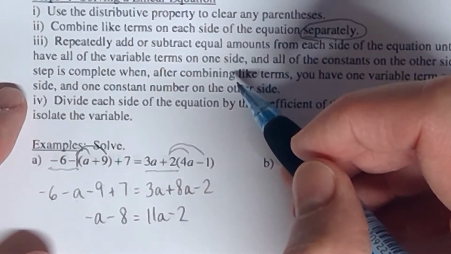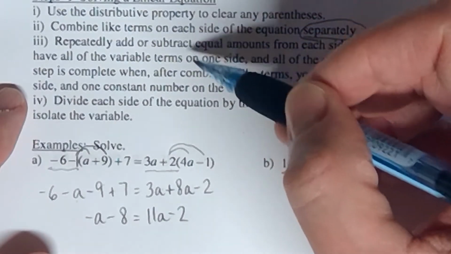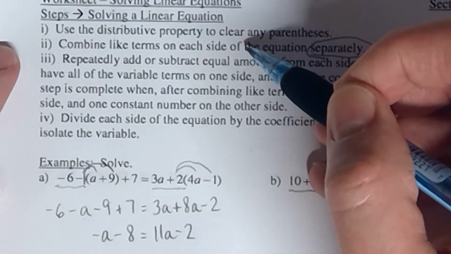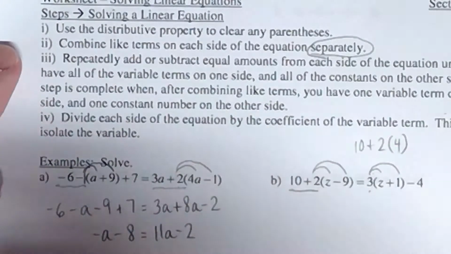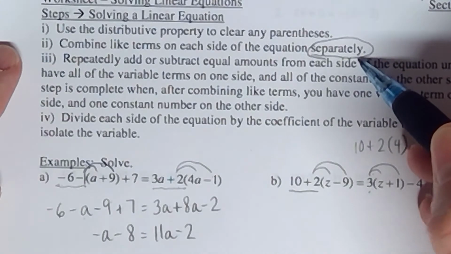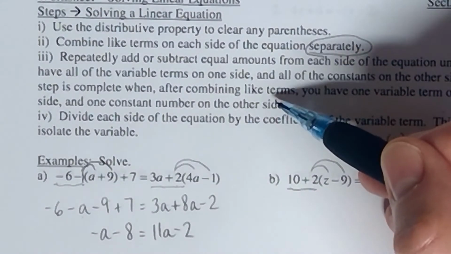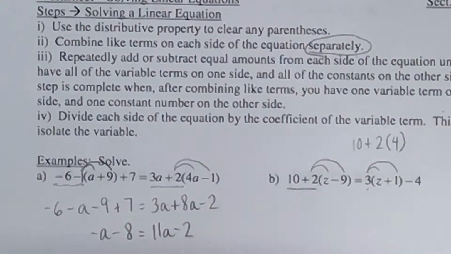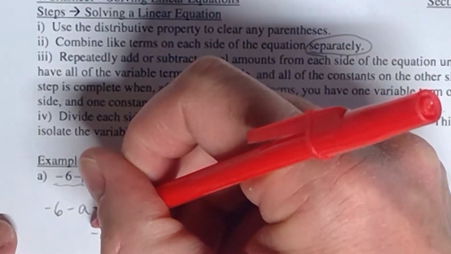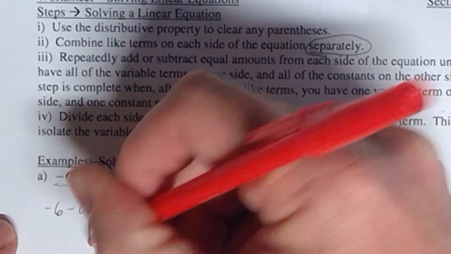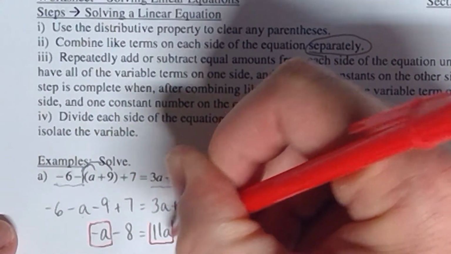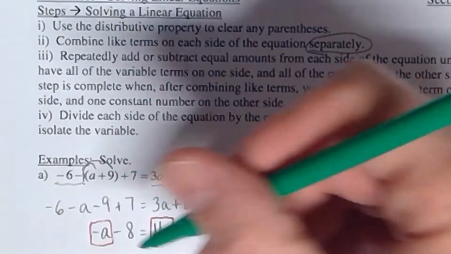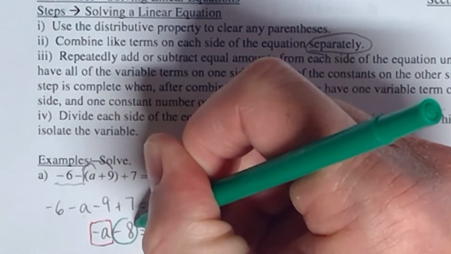It says in the next step here, and we didn't need to do the first two steps on the problem I just showed you, the 2x plus 7 equal to 14, because there weren't any parentheses or like terms to combine on the separate sides. So we jumped right to the third part, and the third part says this. It says that if you have variable terms in the problem, again, don't do this until you get to the third step, terms with variables in them, and you have terms that don't have the variables in them,